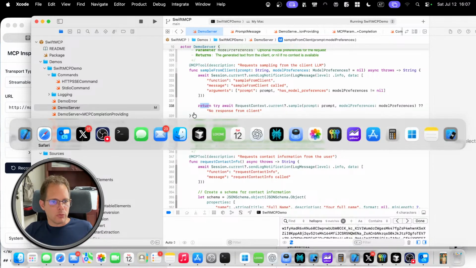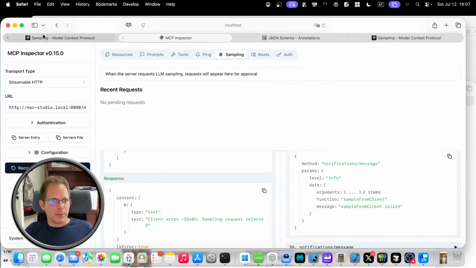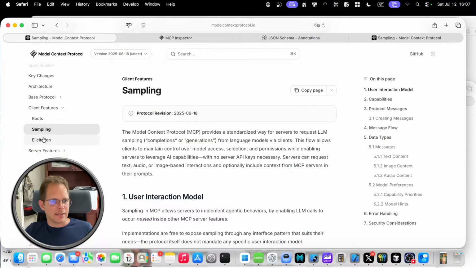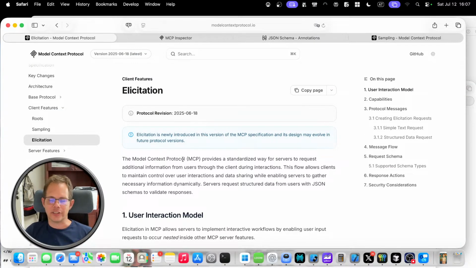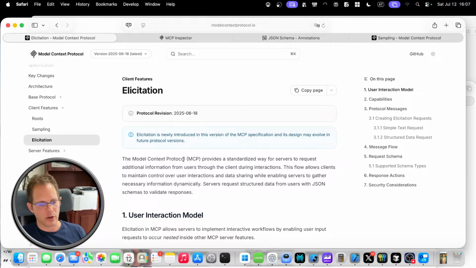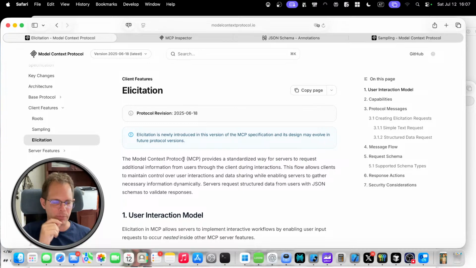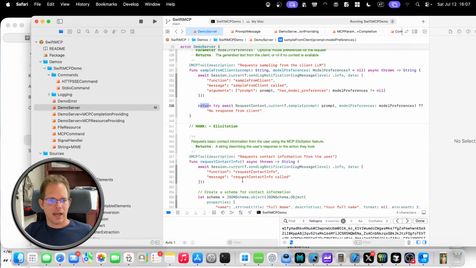So two down, one more to go on this speed run. The last thing that was added was elicitation, and you can think of it like there might be a situation, especially when there's something agentic going on, where the MCP server decides there's this one bit of information that would be handy to get from the user, like a GitHub username or some other preferences. And with this, it can essentially,